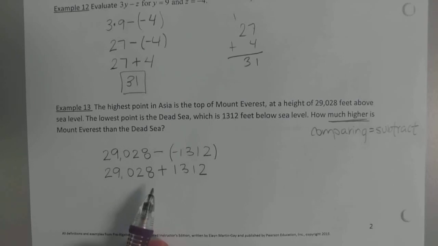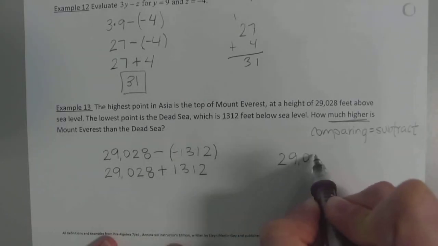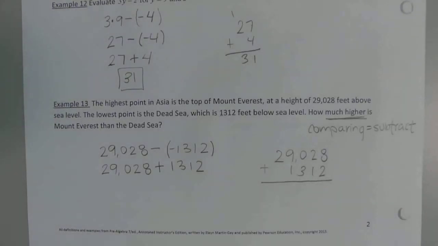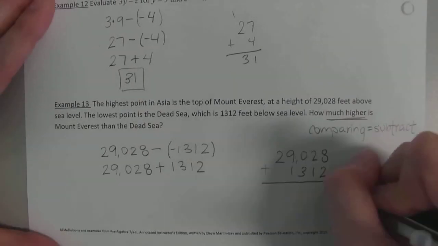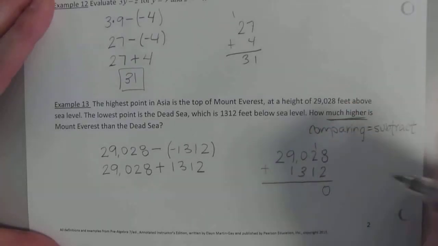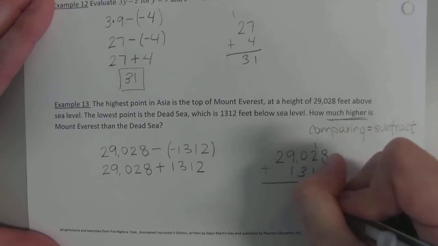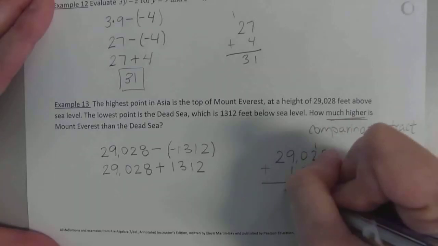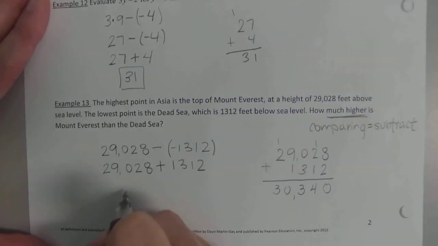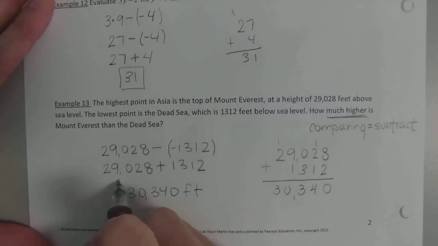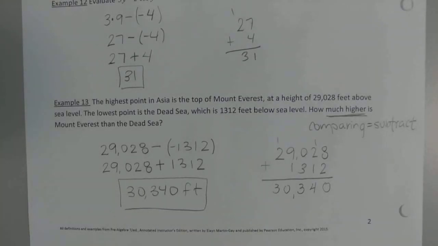And at this point, guys, I can't add horizontally. So I'm going to go over here and just make sure you line them up from right to left. And then we'll just add and carry as we need. So 8 plus 2 is 10, carry your 1. 1 plus 2 plus 1 is 4. 0 plus 3 is 3. Put my comma there. 9 plus 1 is 10, carry my 1. Does that look right, guys? Did you get 30,340? Yes, that's what I was going to say. 40 what? Feet. Are there any questions there? That word problem